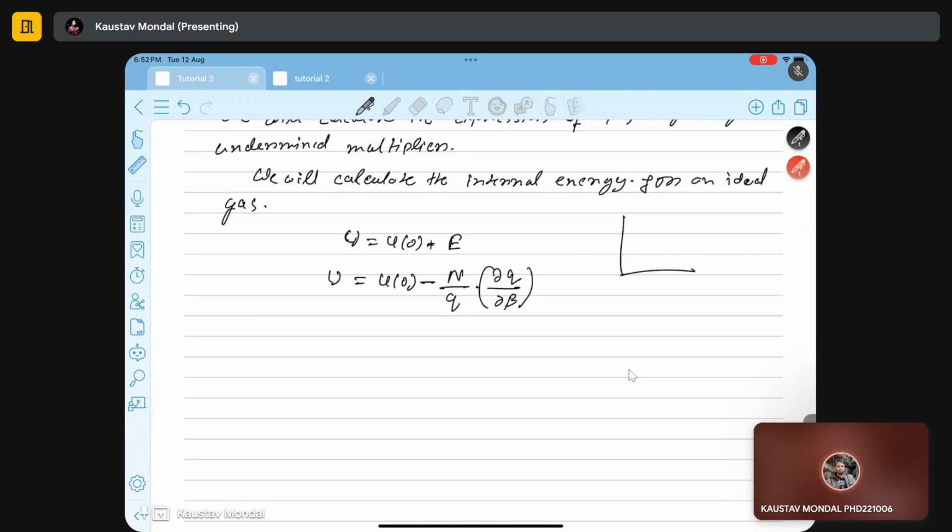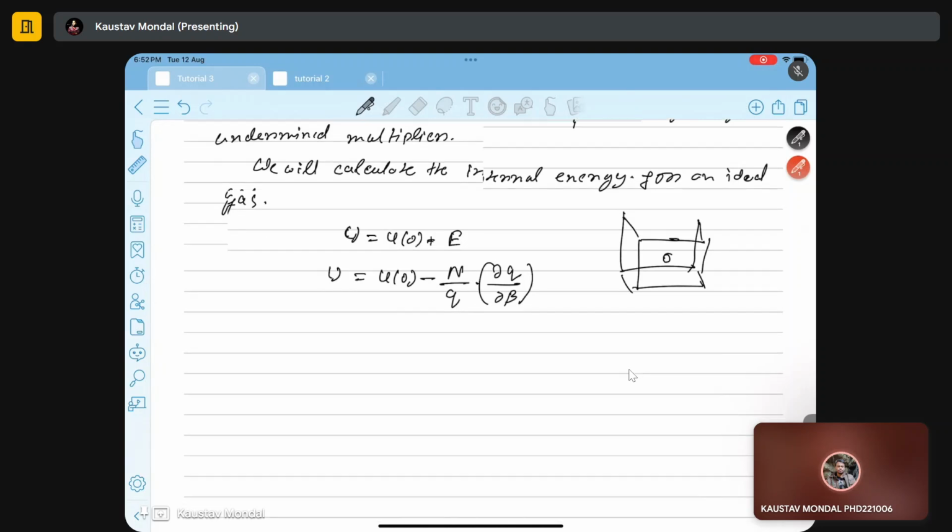In a 3D container. So it moves like a monoatomic ideal gas, a single atom, right? So we know that when a single atom, or in this case an ideal gas, is moving in a 3D container, then the partition function expression is simply this,